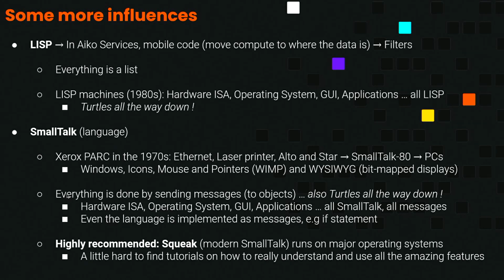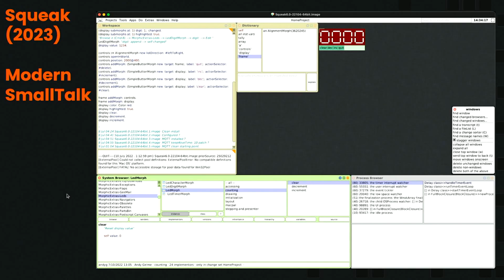If you've seen Smalltalk, or if you haven't, you can download Squeak, and it runs on modern operating systems, and you can basically see what an amazing system this was, where you can click on a window and it'll take you to the source code browser, and you can change the behaviour in the system on the fly without rebooting. In fact, the story goes, which is true because you see Steve Jobs talking about this on YouTube,